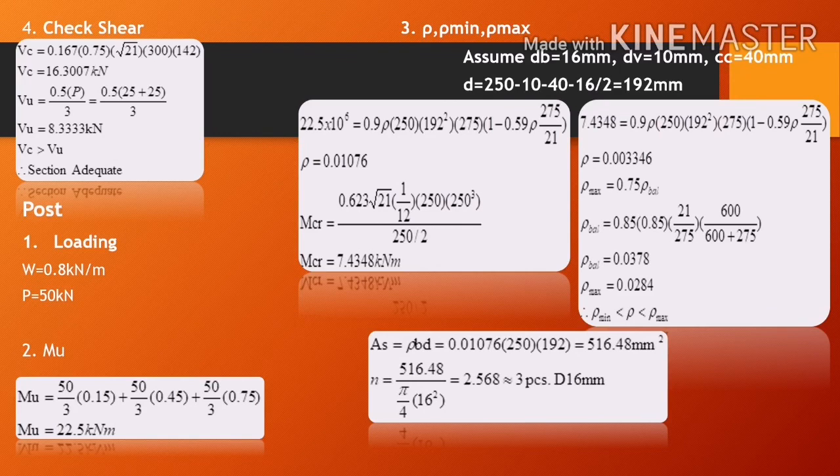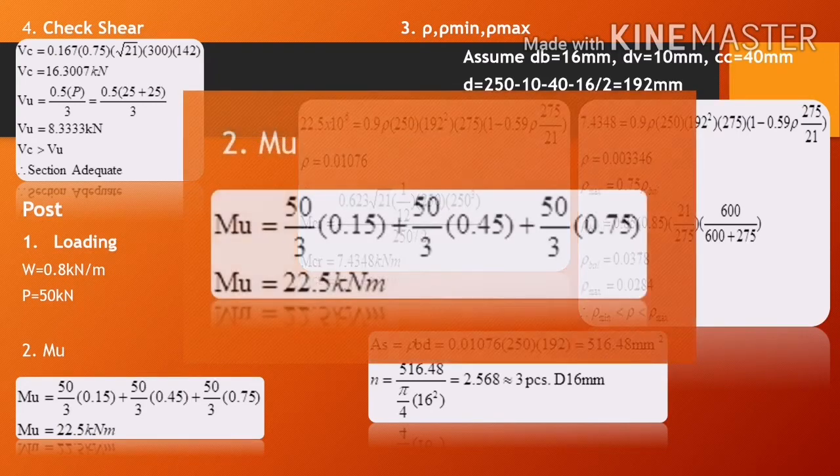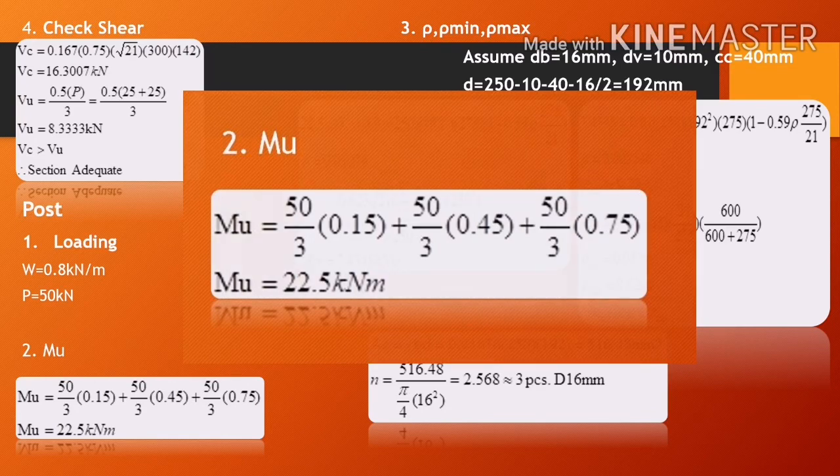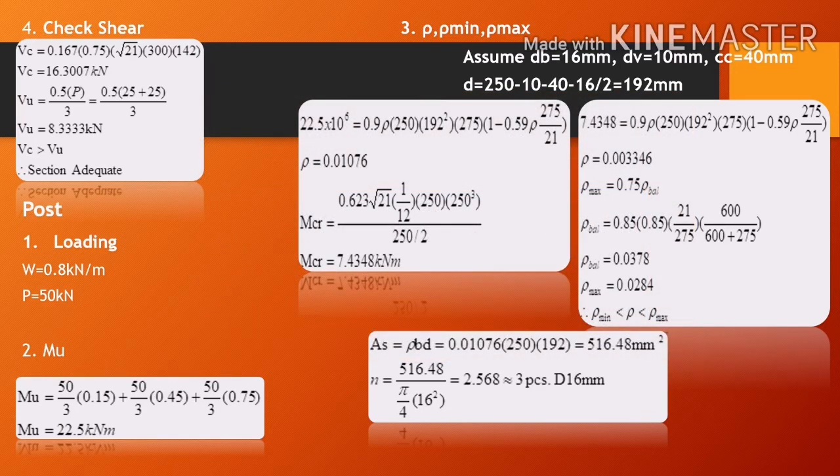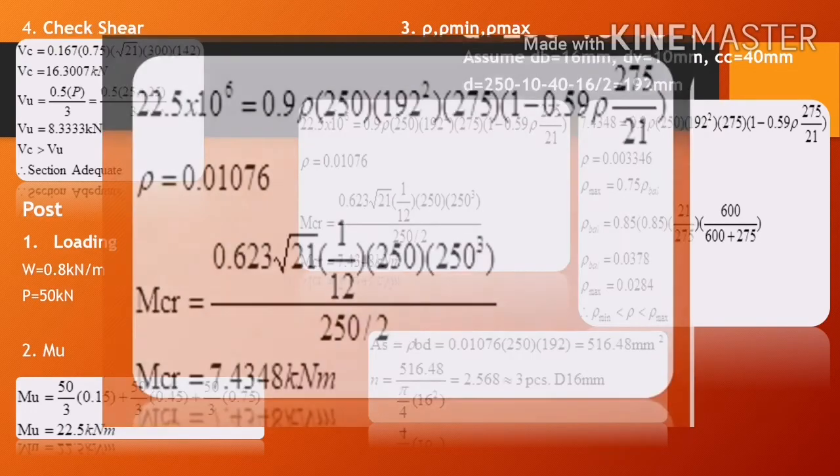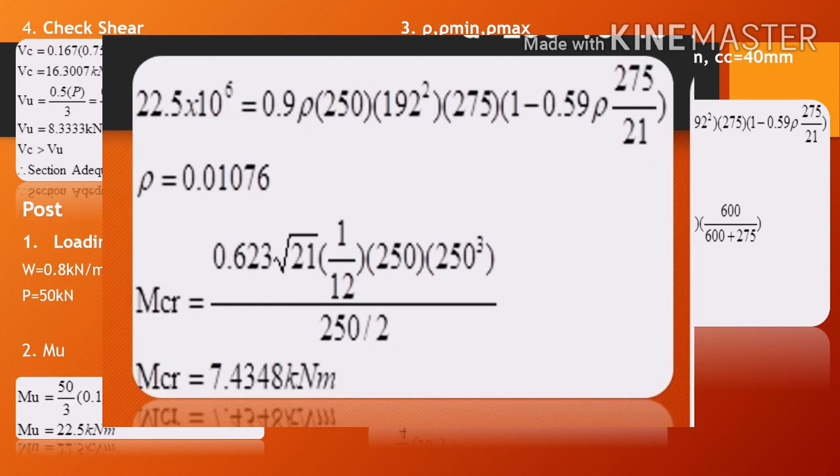For the design of post, we assume the same value of concentrated and uniformly distributed load we used to design railings. Then, solve for Mu, which we computed to be 22.5 kN·m. Then we compare the steel ratio, maximum steel ratio, and minimum steel ratio, assuming that the bar diameter is 16 mm, stirrup diameter is 10 mm, and a concrete cover of 40 mm. We use the equation Mu = phi rho b d squared fy, quantity 1 minus 0.59 rho fy over fc' to compute for the steel ratio, and it is valued at